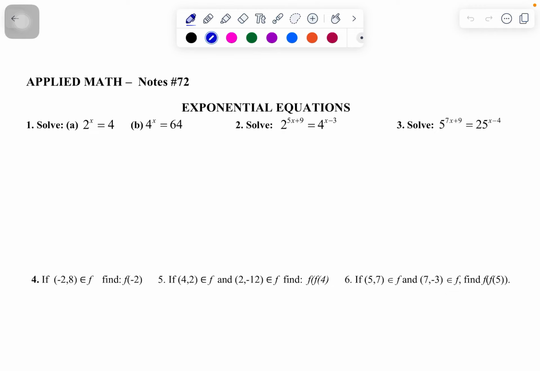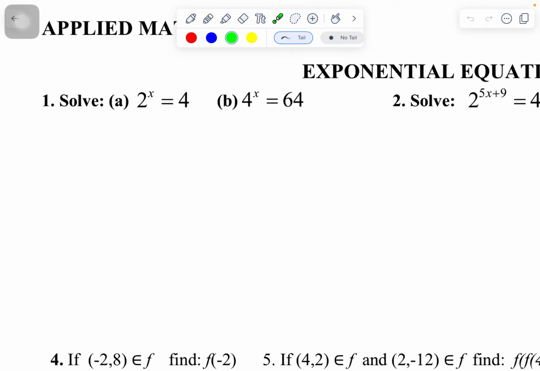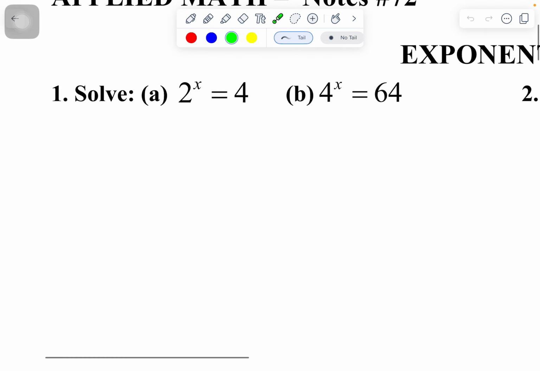All right, folks, this is going to be the first video for Note 72, and this first section is on exponential equations. So exponential equations are any kind of equations where the exponent on one or both of the numbers has some kind of a variable in it. And so what we're going to start with today are problems where you can turn this base, this is base 2, that you can turn this base and you can make this 4 also have a base